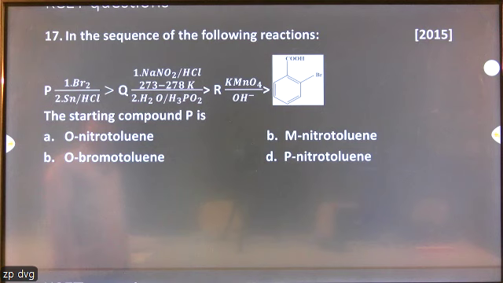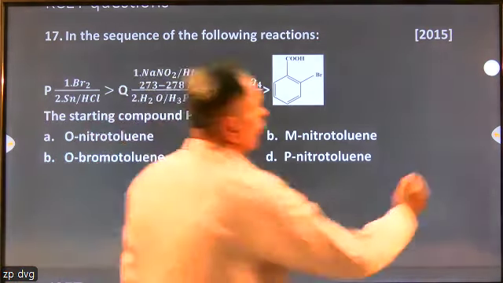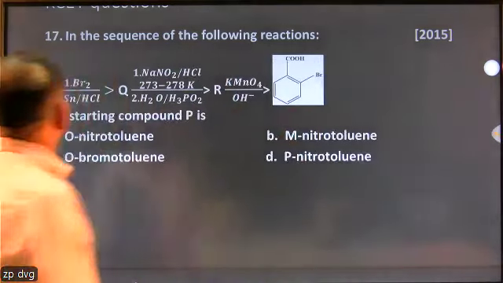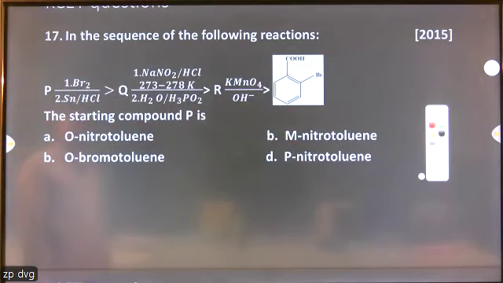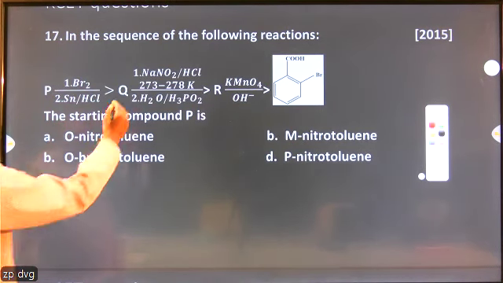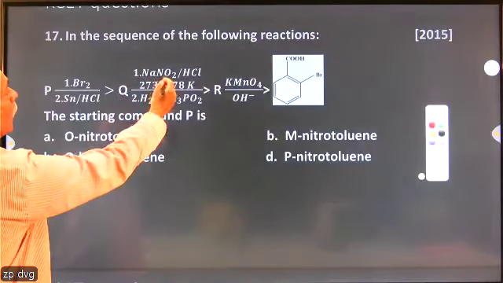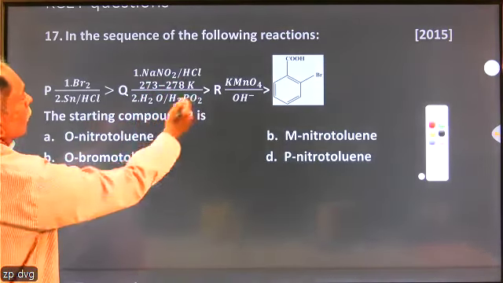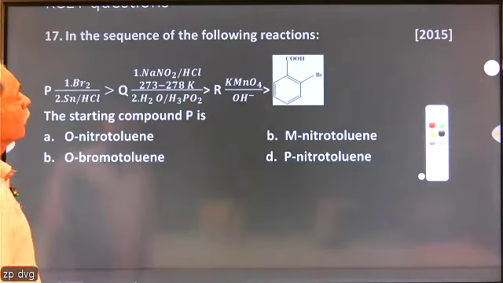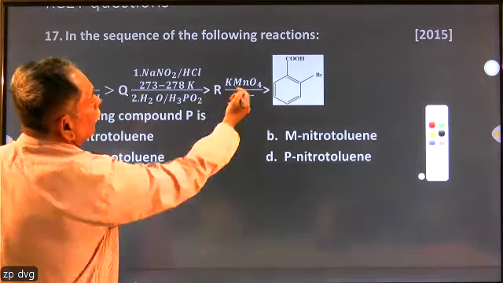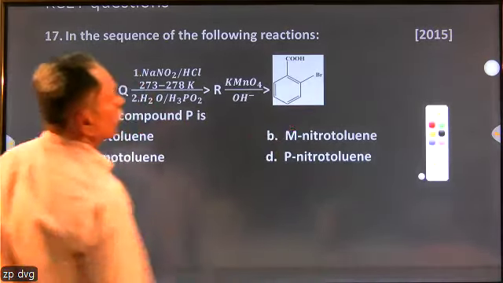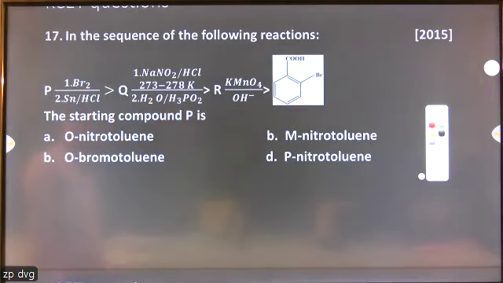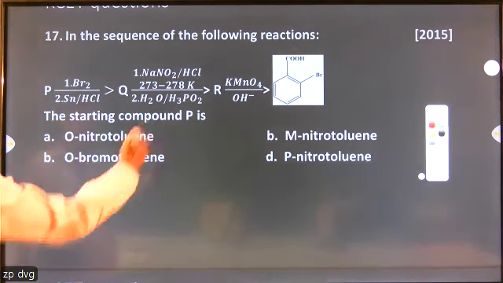Next question. In the sequence of the following reactions, P, bromination, and then reduction in HCl, you get Q. That Q upon treating with sodium nitrite and HCl at 273 to 278 Kelvin, and then followed by treating with hypophosphorus acid, you get R, and then treating with KMnO4, you get this compound, orthobromobenzoic acid. So the starting compound P is,